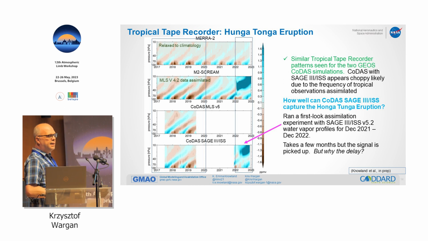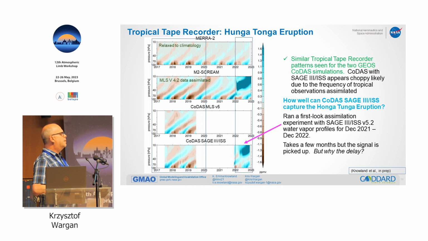assimilation experiment with some delay here. And that delay is, again, no surprise. The system needs some time to accumulate enough information from the data to get this to work, but eventually it does. We're somewhere in October, I think, or September. By September, we have a very similar picture here, at least in the zonal mean sense. So this is incredibly encouraging. There is a bit of delay, and the delay here is, of course, because of the paucity of observations, but also because